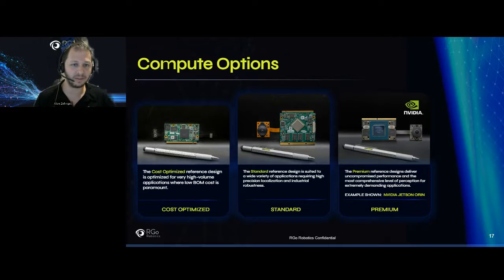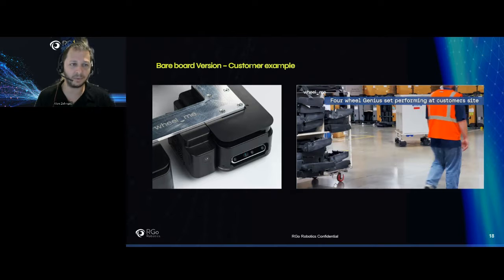We have some customers that have already been deployed with the Orin family, utilizing all of the Perception Engine advanced capabilities, running together with their own software in order to save costs for the hardware. In that manner, you can run both the application layer and the RGo Perception Engine stack on one single compute on your platform. To give you an example of how it looks,